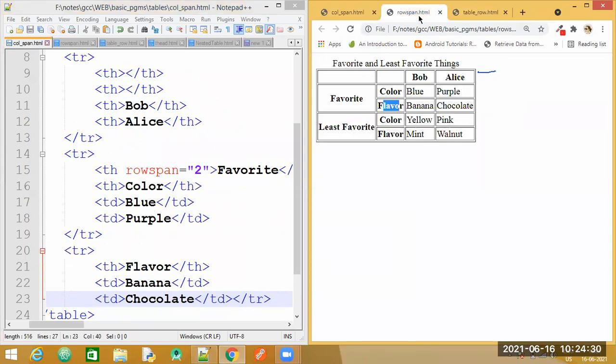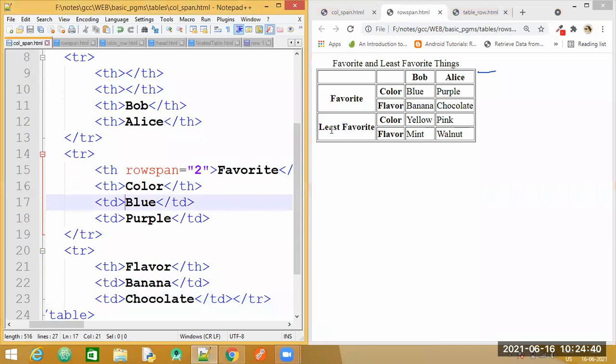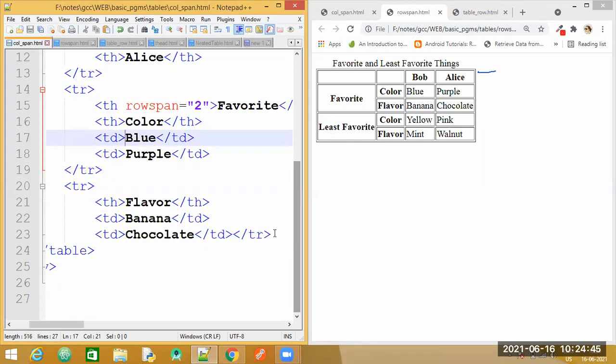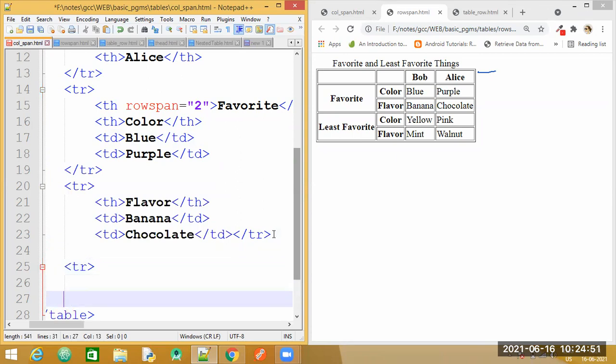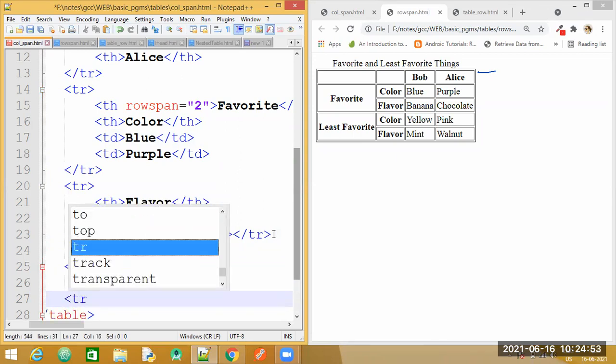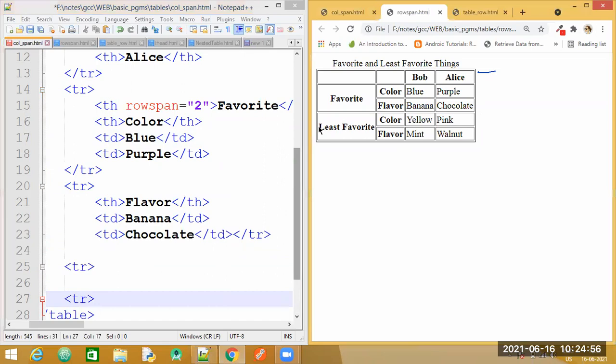So in the same way, we will have to do it for the last one also. So what is the tag? Let us orally do it. One row tag, and you specify another heading. Let me continue it better. I'm going to create another row. Okay, in this row, we are going to have the last part, this thing. This thing we need. So one row is created.